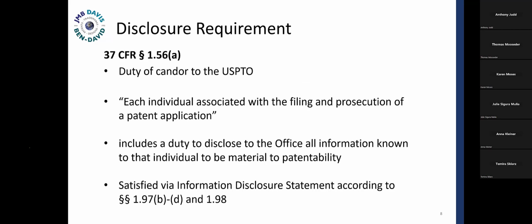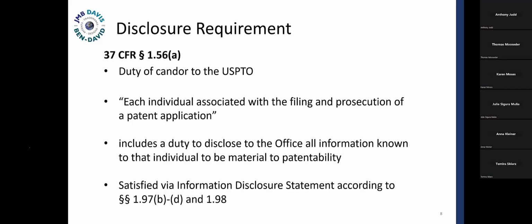The disclosure requirement at the USPTO has its origin in the federal regulations, which say that there's a duty of candor before the US when getting a US patent. Basically, the US government doesn't want you to hide anything, and you have to behave properly towards the US government if you're trying to gain a property right.